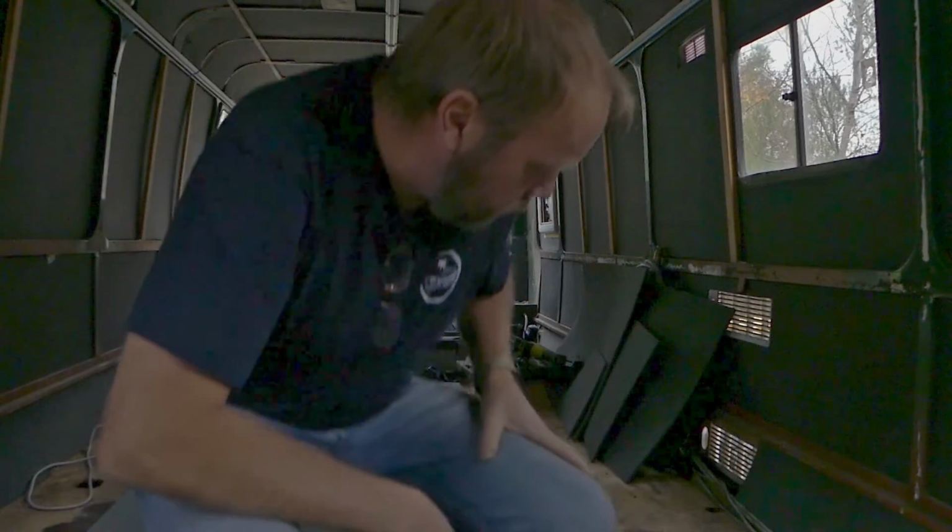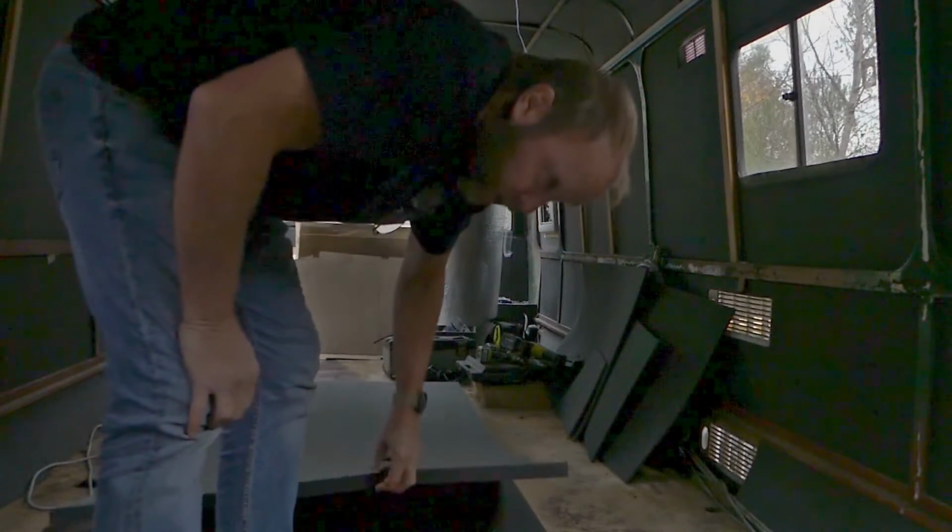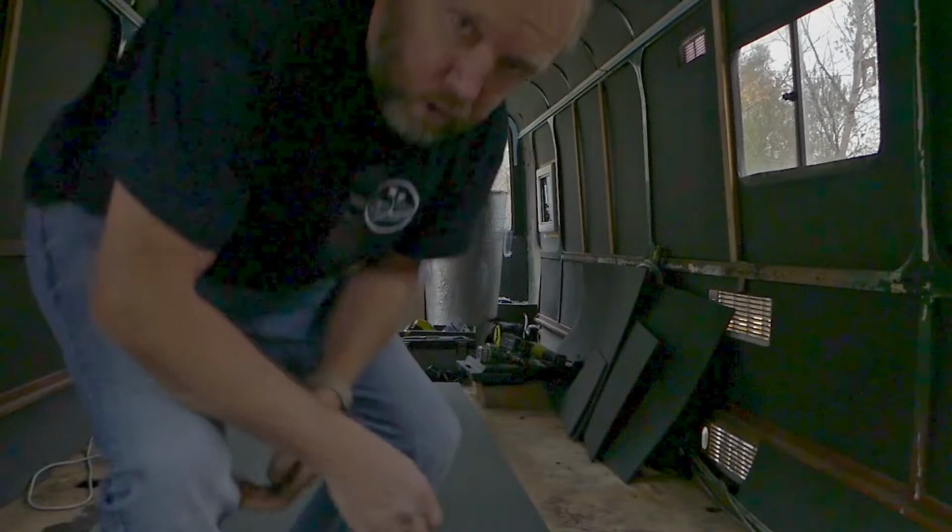Well guys, if you look behind me, I know it's a bit dark. There's not much I can do about that at the moment because the insulation is black. But if you look behind me, we've finished all the insulation. The roof is done, the side walls are done. There is some left over here, and this will go underneath the bus for the floor, which would be nice